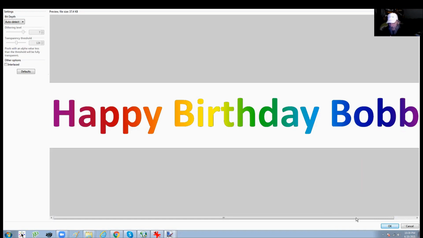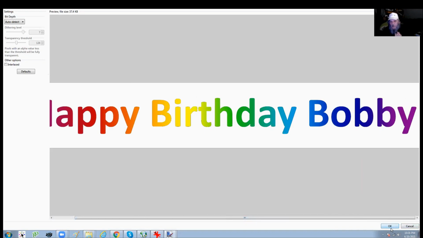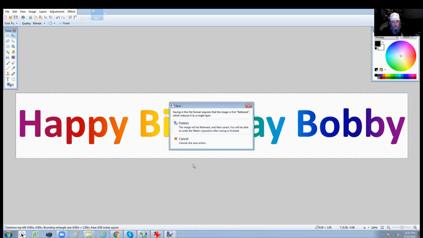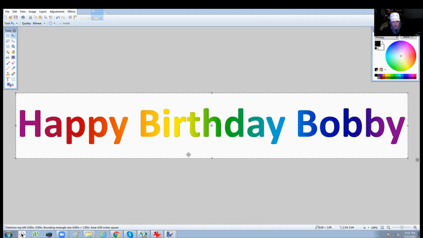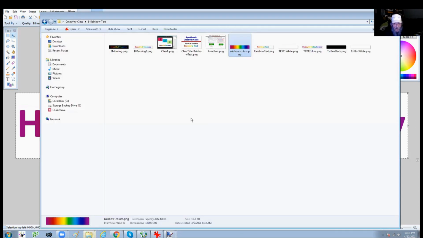And I'm going to double check it to make sure it's what I wanted to save, and I'm going to click OK. It's going to say flatten or cancel. We want to flatten it. Doesn't matter. Okay. Now that we've done that, we can actually close paint.net for now. Or what we can do is go to the folder back down here where rainbow text was